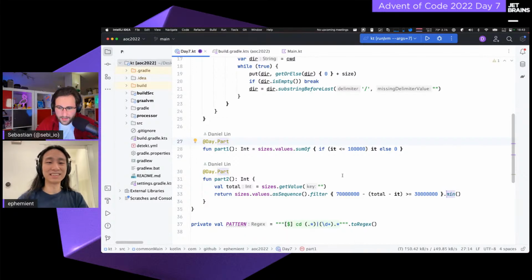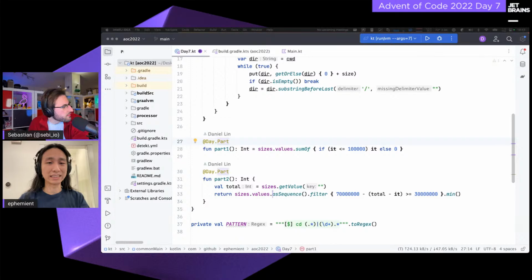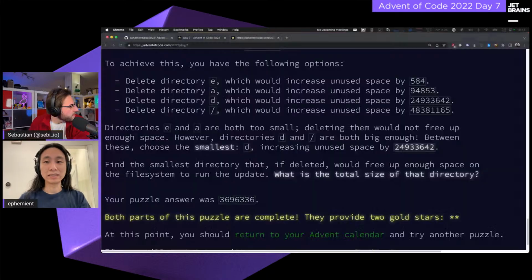And since you're using asSequence, you're also kind of doing each filter individually, and I'm not sure if this one actually provides you any performance benefits here? So I wrote it like this. Actually, if you switch branches, you can see I did benchmark this later on, and it was not noticeable whether I use asSequence or not. I actually think I have the benchmarks here as well. We can take a brief look. Is this one?